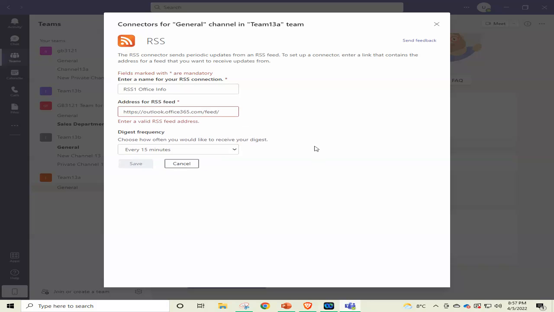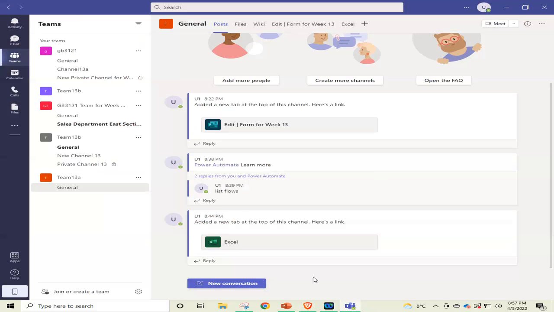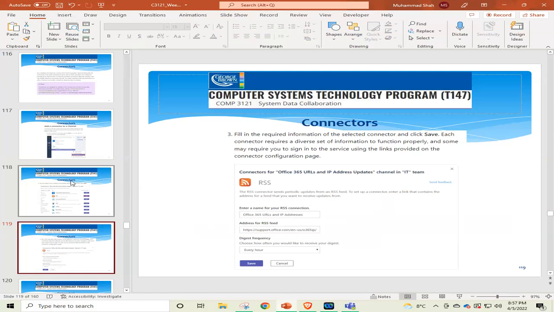Basically, what we wanted to try is just how we can get the function. Let me close this one. And we came here, where we started. So I want to show you basically the functionality of the connectors. Each connector is of course different. This one I was trying was the RSS connector that needs a valid RSS feed address. I'm not able to find one quickly on the web right now. So if we find a valid RSS address, we can use this connector.